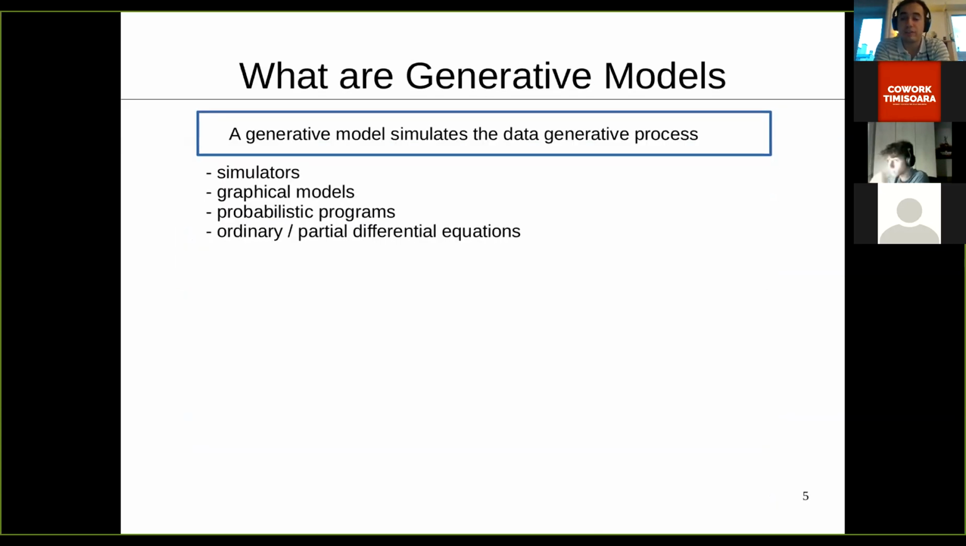So what are generative models? The simplest definition is: a generative model simulates a data generative process. But if you are an engineer or a physicist, you know that researchers have developed simulators based on ordinary or partial differential equations. We have graphical models. We can simulate, for example, how light is propagating in an optical fiber, because we know the physical phenomena and we have the equations that can explain reflections, refractions, and so on. Or we can build a simulator for the collision of two galaxies, because we know the laws of physics, gravity, etc. But I won't talk today about these types of data generative processes, because